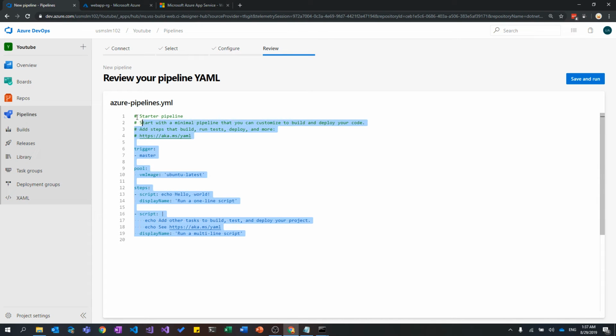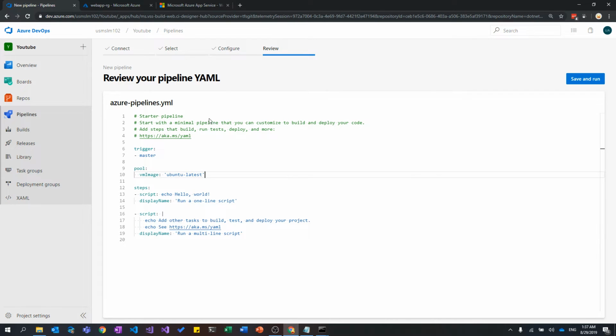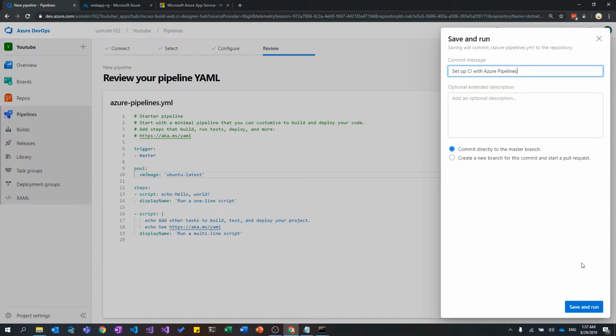This is the YAML editor. When we freshly create a repository, it won't show us the help bar. There should be a help bar on the right side, which will list all the tasks which we can reuse. So what we'll do, we'll just click on save and done, and we are going to edit this pipeline after